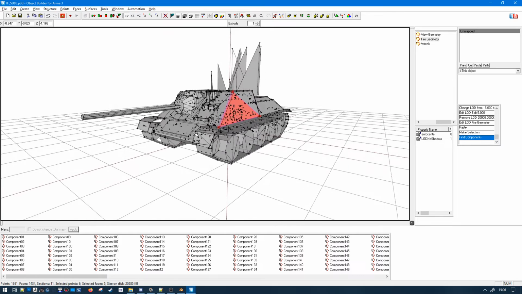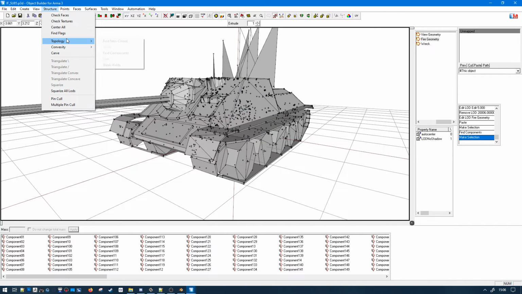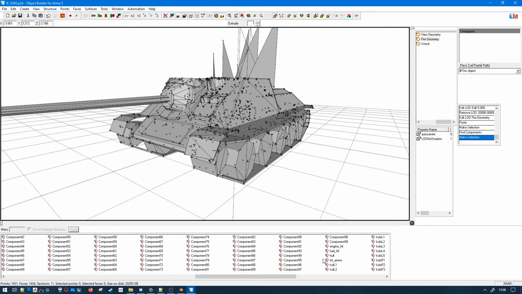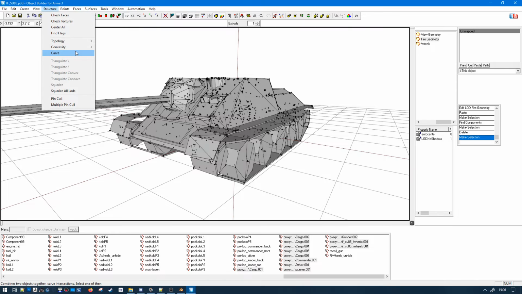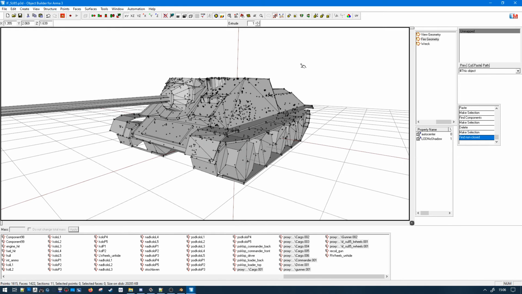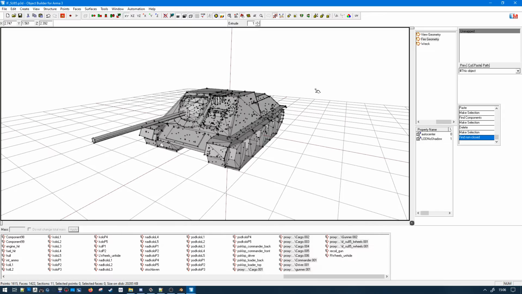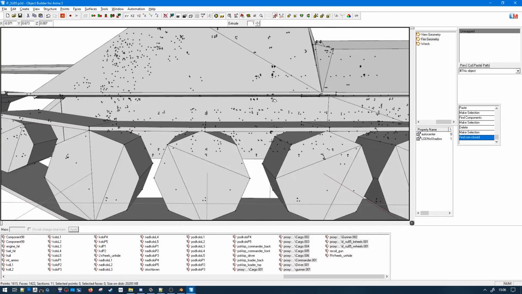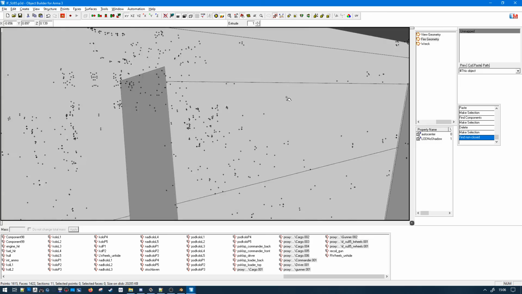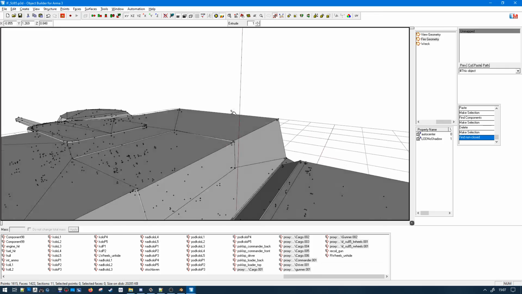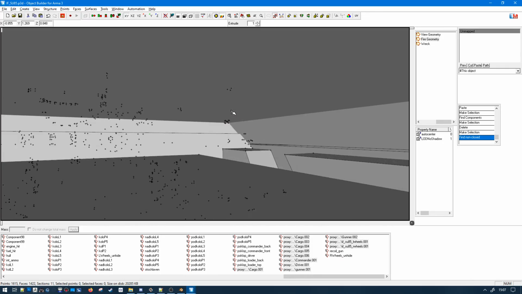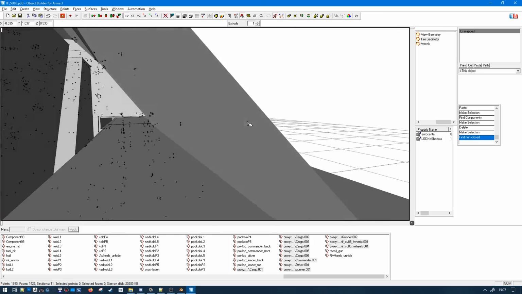And finally, most importantly, I'm going to remove the proxy because they are going to make false positives, but to check your fire geometry is working, you want to run topology, find non-closed, and if you have no red vertices, it means that all your components are closed and ready to go. And here you have to accept some bad design. So I did not look at the rest of the tank in depth, but it looked okay.